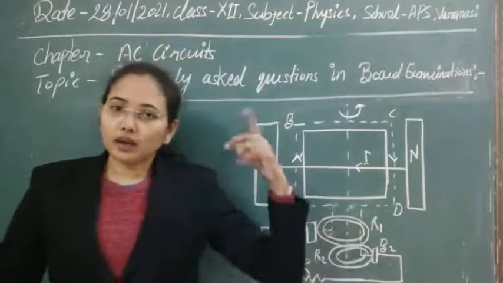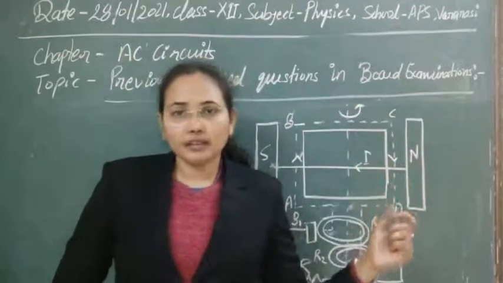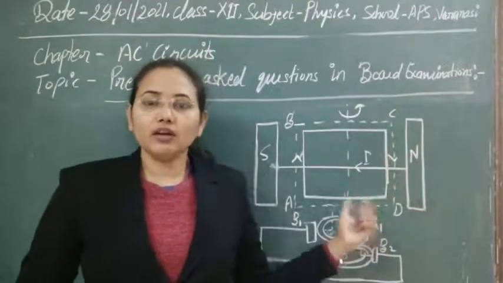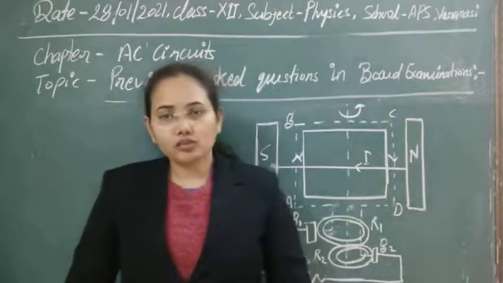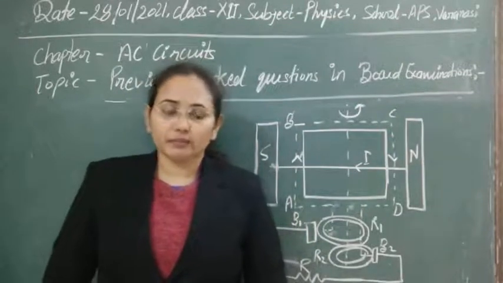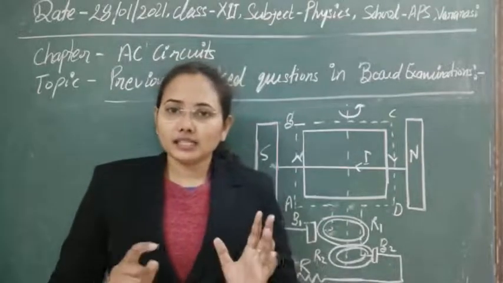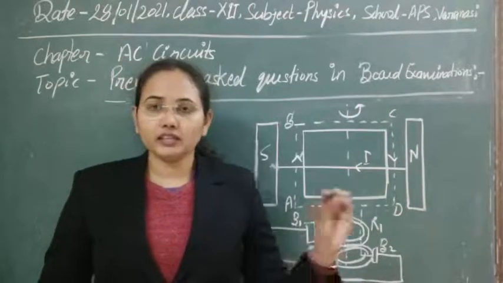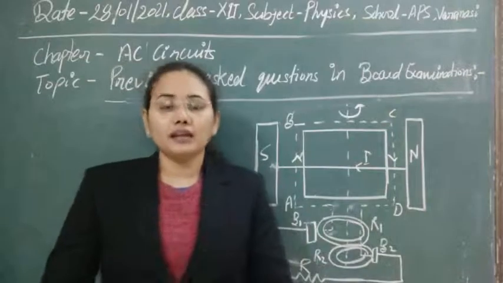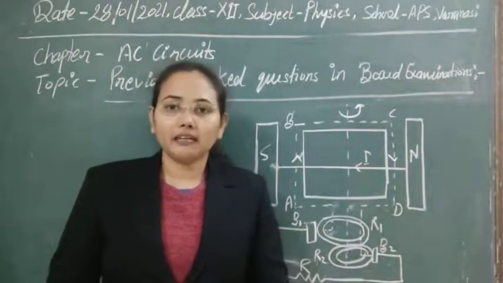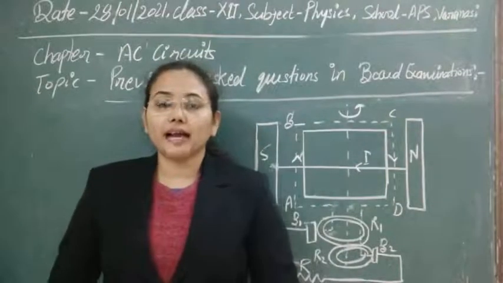Here one more thing that you have to keep in your mind is that the area of this armature that we have taken is constant. This rectangular coil, obviously its area will be constant, and the pole magnet that we have taken also has a uniform magnetic field here. So the only thing that is changing here is the angle. We are not changing the field, we are not changing the area, we are changing only the direction or the angle between the area of the coil and the magnetic field. And due to change in that direction, obviously the flux linked with the coil will change.